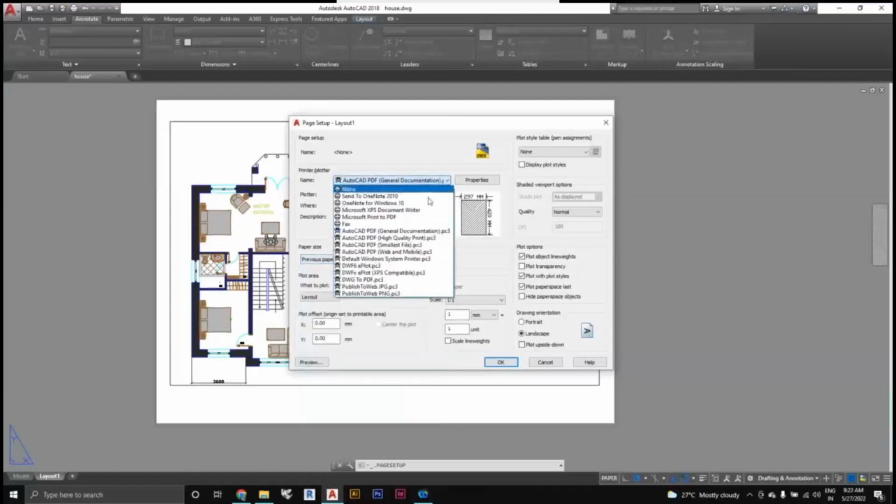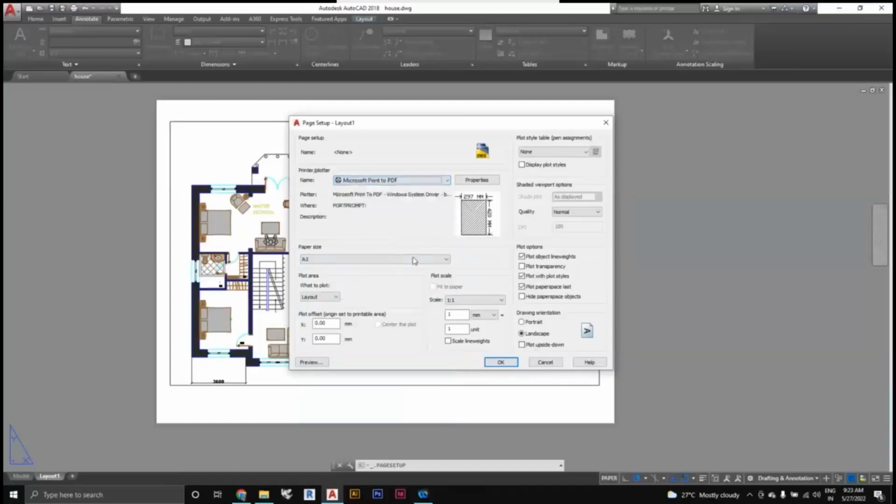Okay, now I'll go to Microsoft Print to PDF. Then I will select a B4 sheet. I'll change it to a B4 sheet, and then I'll change this into layout. Why this is to be made into layout, I'll tell you later, because there is also an option as windows extends